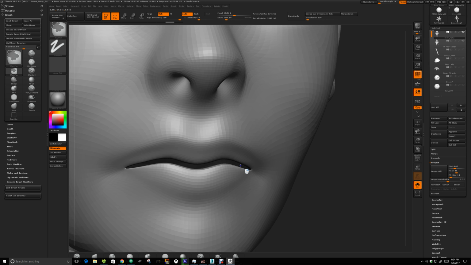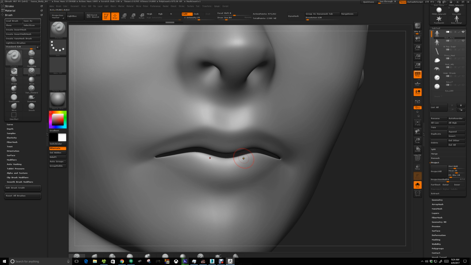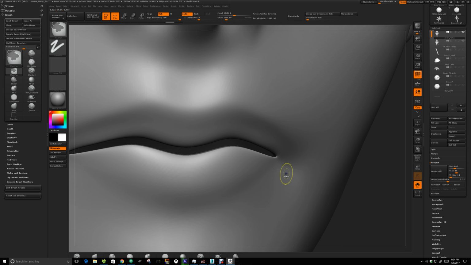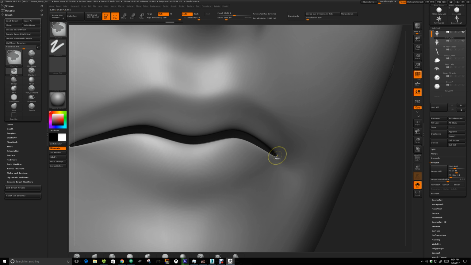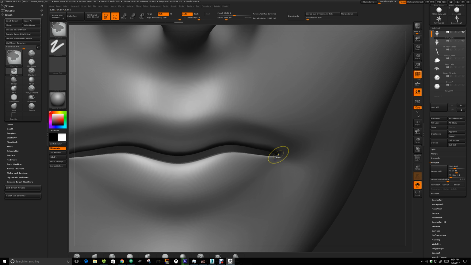And I'm just going to take my brush and make sure I have symmetry on. I'm just going to mask off some more of this because we can always go back and manually fix this ourselves. See, I knew this part of the mouth was going to give us problems because this is where that mouth cavity is. Because there's a hole here, it doesn't know how to compute those points. So I'm just going to mask this off a little bit better,